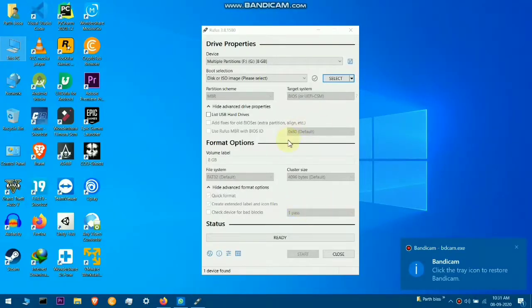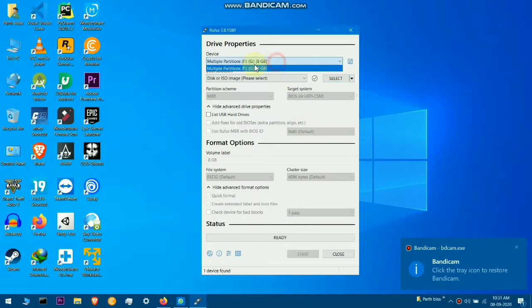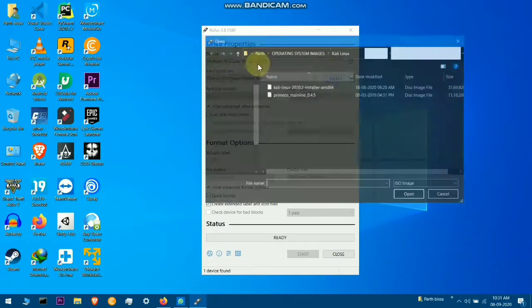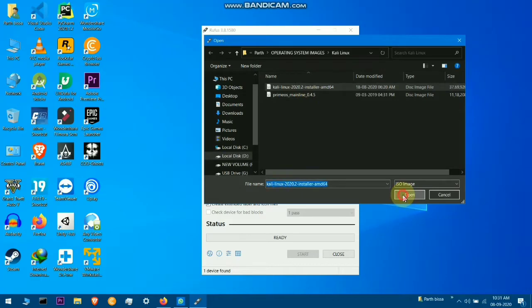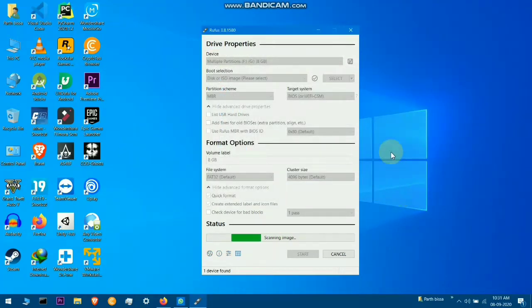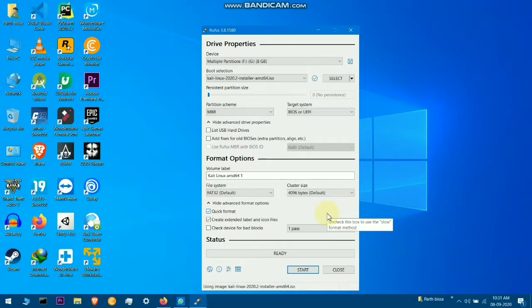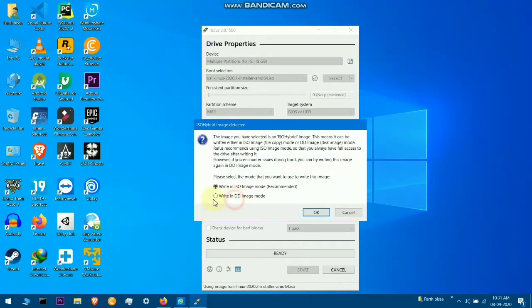So first of all, open Rufus and select your pen drive here, and now at the second point you will have to select the Kali Linux ISO. The Rufus and Kali Linux links are in the description, download them from there. And now you can see here it's ready. You don't have to change any options, simply click on start and use the DD image mode to make the